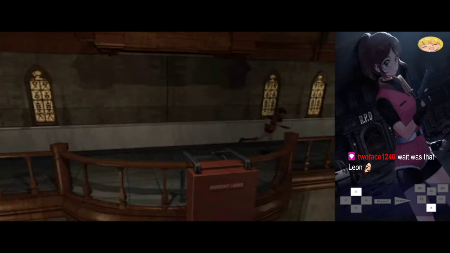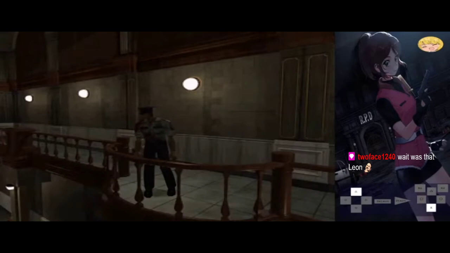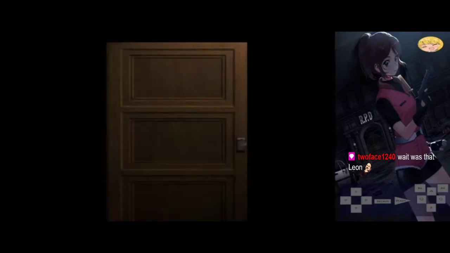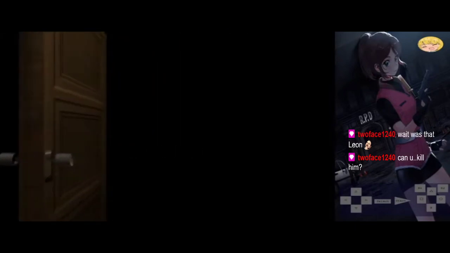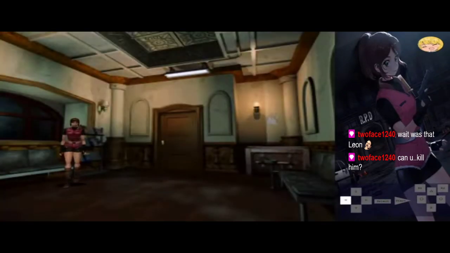That was the cutscene where it's like, Claire, Leon, you made it. And then she's like, have you seen a little girl around here? And he's like, yeah, you just missed her. It's that cutscene, but obviously we can skip them. So it's just like, phew. Nah, you can't kill him. Same as Kendo at the start. You can't shoot him either. It's a shame, but...